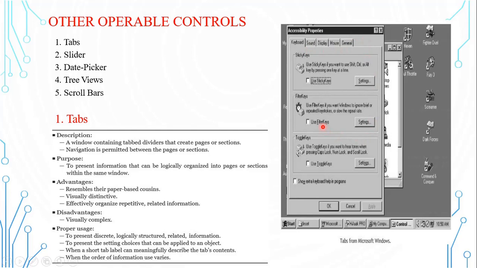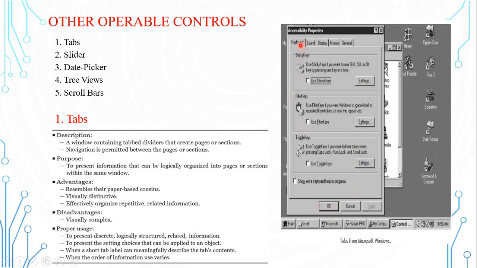So what you have to do is go for tabs. Here the current tab being used is keyboard, and next we have sound, display. These are different tabs. When you click on a tab, you get the properties of the keyboard, and then you can select or do certain settings over there.